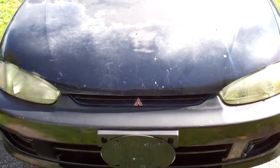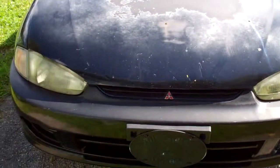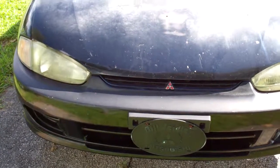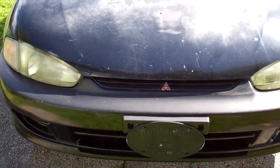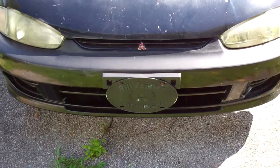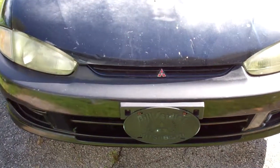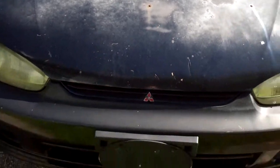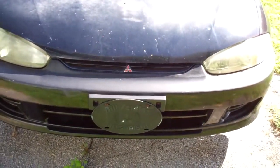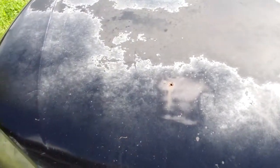I named her Selena. Me and my mom have a tendency to name our cars. I named her Selena after, I was a Batman fan at the time, and I named her after Catwoman, whose real name is Selena Kyle, and I thought Selena had a lot of personality, a lot of oomph, so she kind of had a diva type of personality, so I called her Selena Kyle. And we had quite a few problems with the neighbors and all that. You know how people are with cars, they always want to key them or something, a lot of jealousy when it comes to cars. But anyway,